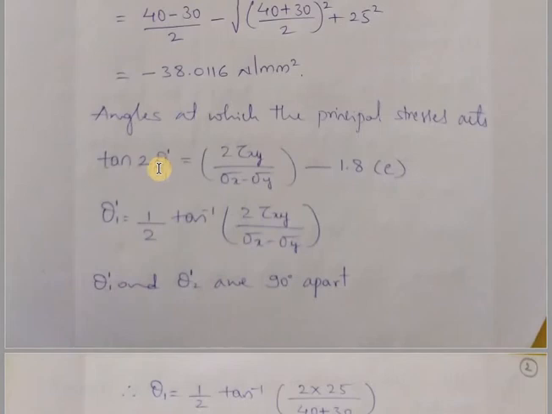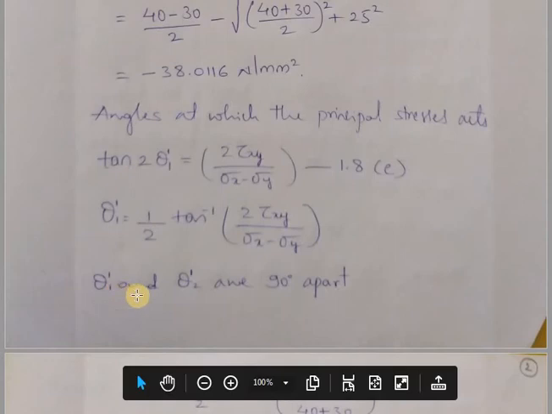So for finding theta 1 dash, bring this tan and this 2 on this side. So the equation is rewritten as 1 by 2 tan inverse of 2 tau xy divided by sigma x minus sigma y. And theta 1 dash and theta 2 dash are 90 degrees apart, which is given in the data handbook